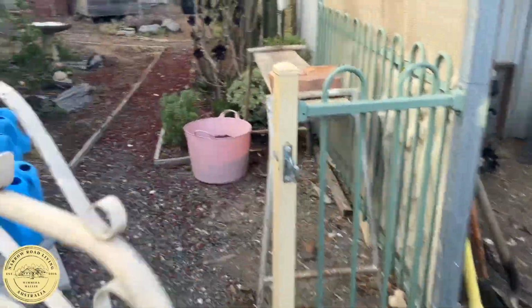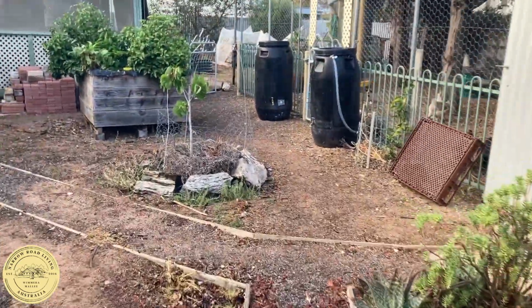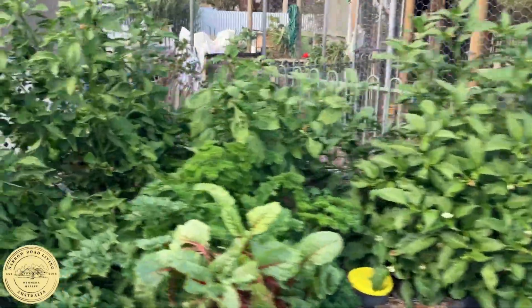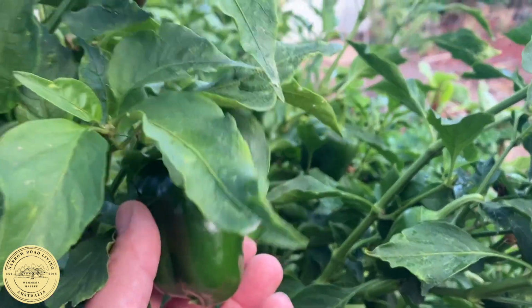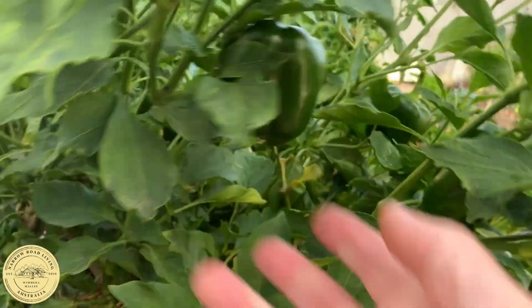So we're encouraged when we see things like this capsicum plant that's just exploded with all this new growth. We won't get a great yield from them in the sense of size, because it's cooling down, but we'll persevere. The other thing I'll show you quickly